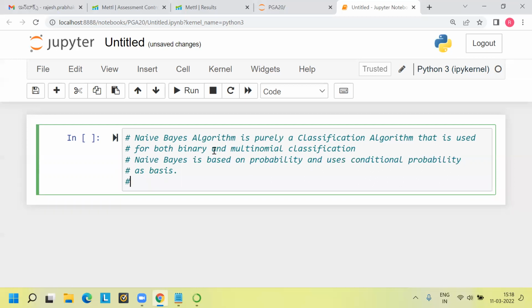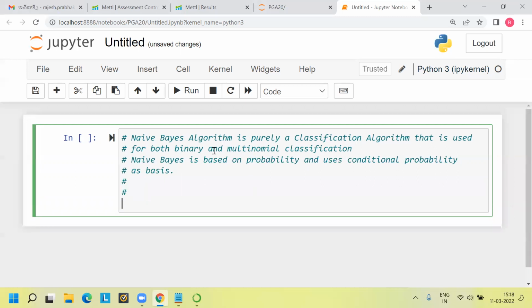Now, conditional probability, the formula would be: probability of A given B has already occurred is equal to probability of A